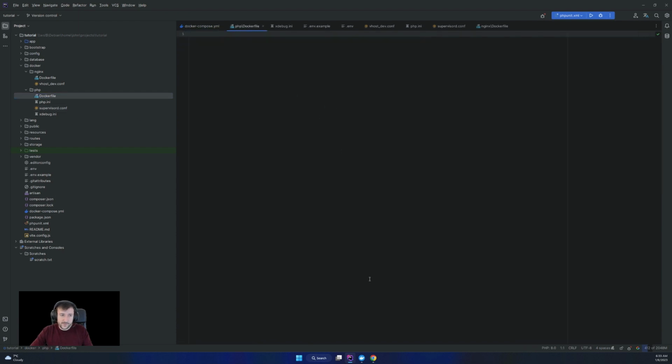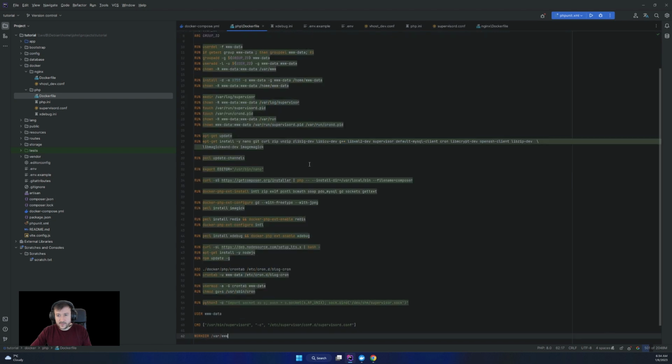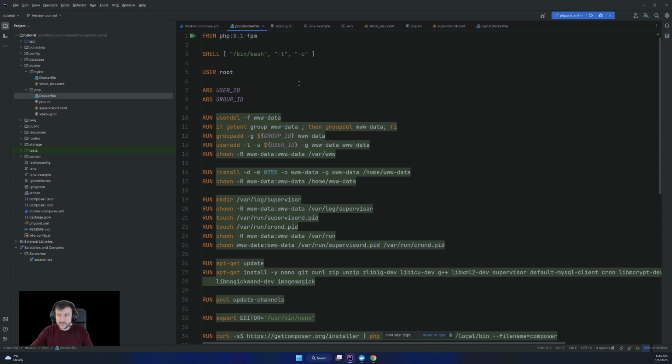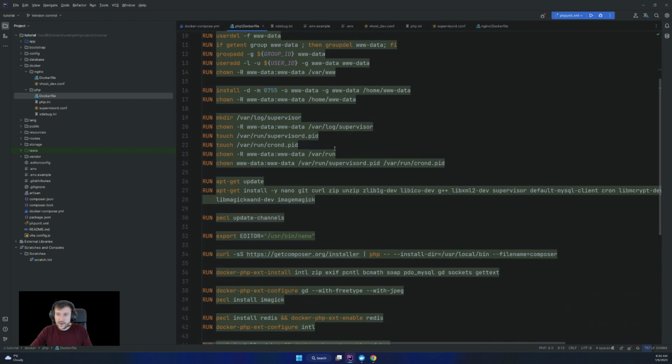For this Dockerfile, actually I have something on the side, and I'm going to copy and paste it, and we are going to discuss and explain a little bit what's extra beside the one we built for the projects. The first part is almost the same. Now we start from PHP 8.1 instead of 8.0. Then we add cron as well, so we have the cron in here.